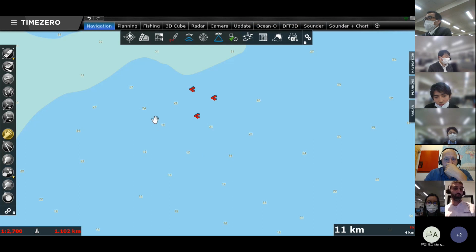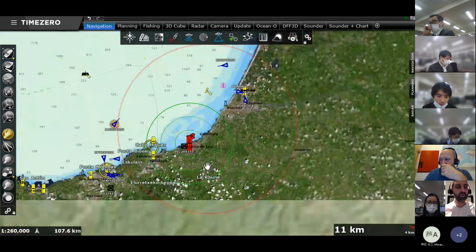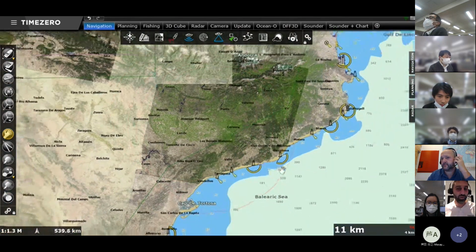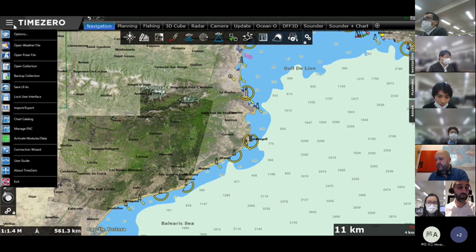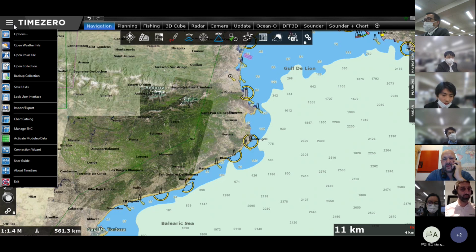Now I would like to talk to you about another concept that is pretty powerful, the filter concept. And to do that, I would like to import a database from a fisherman. Because you have fishermen that start from scratch, but you also have people that buy an upgrade of the software and have an older TimeZero software and want to import the database that is very big, or import a database from competitor software into TimeZero. And we have a way to very easily handle this database using the filter buttons.